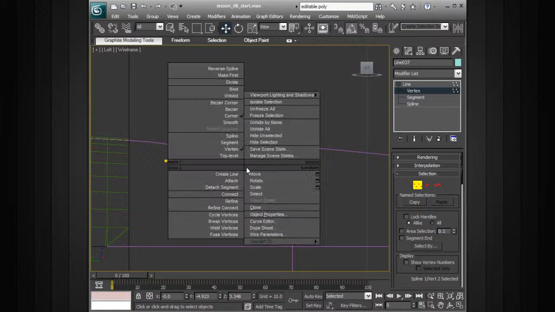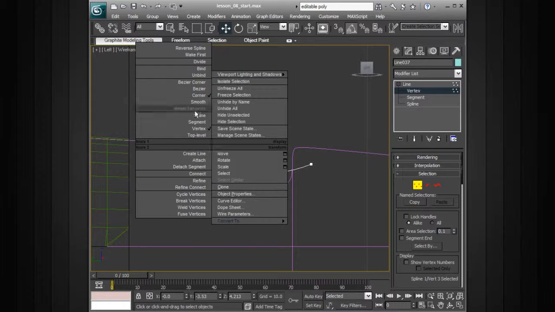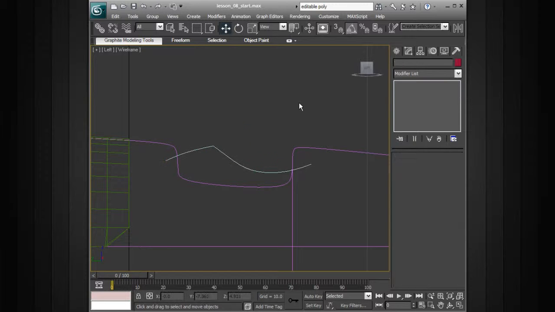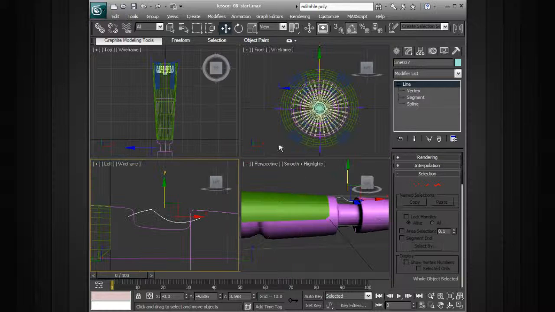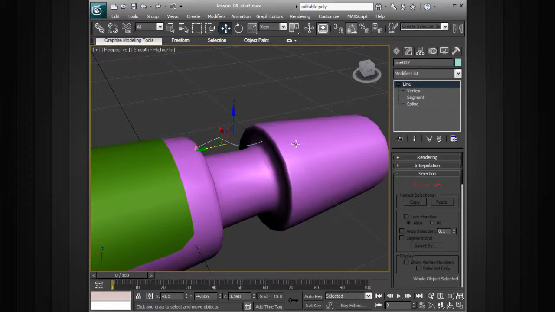So looking at this point, let me go ahead and convert this to maybe a smooth point here. We can move this over. Maybe this one kind of comes out. Maybe it's not quite so sharp. We can kind of give this a little bit of shape here. Okay, so maybe something along those lines for our pipe. Okay, and you can see that this just exists as a spline, so when we render this, nothing's going to